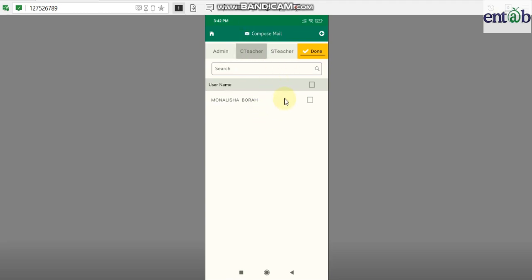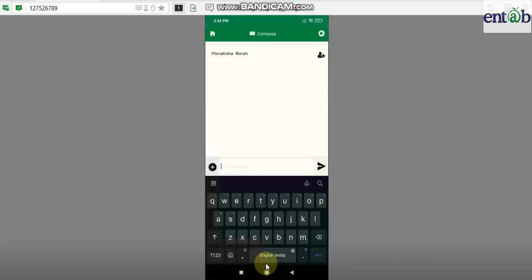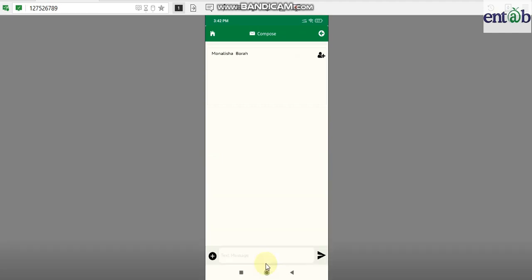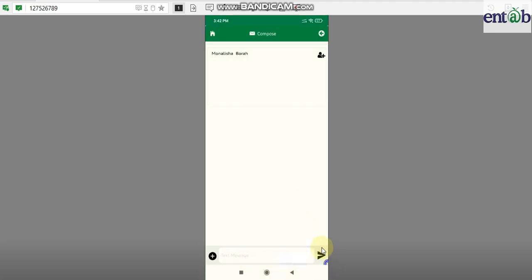So I want to send a message to my ward's class teacher, so I will select that user, then I will click on done. Then I will type my message over here, and within this message you can also attach image, PDF and voice messages. After doing all these formalities you have to click on this send option. So this message will be sent to the respective user.